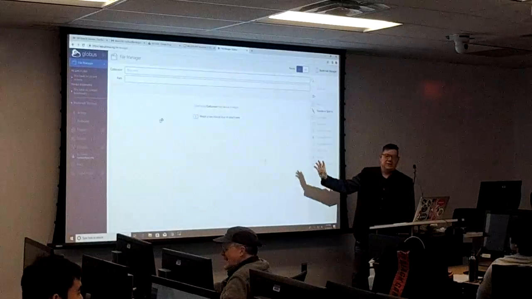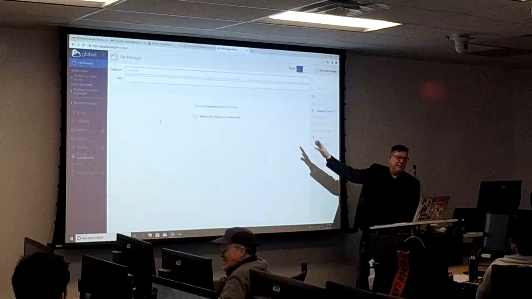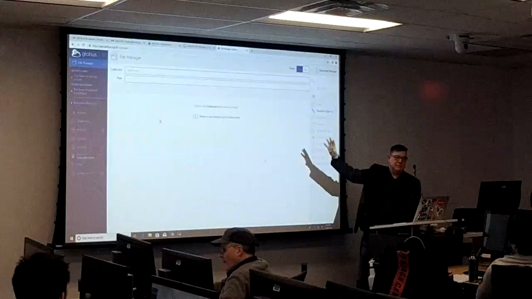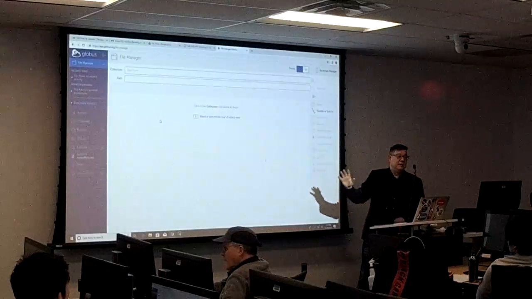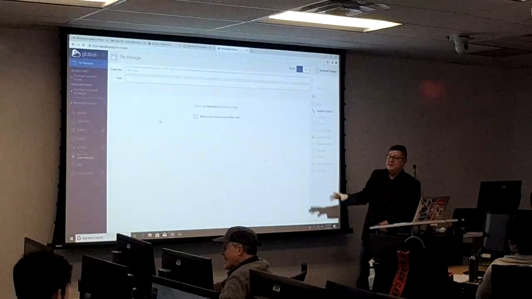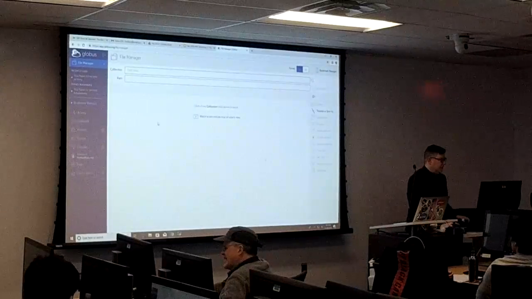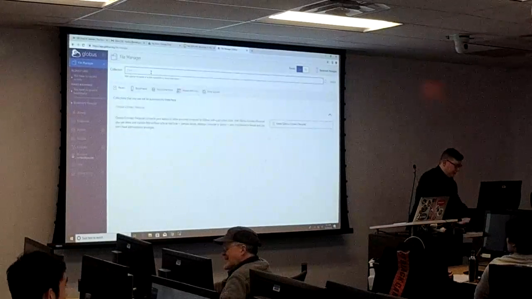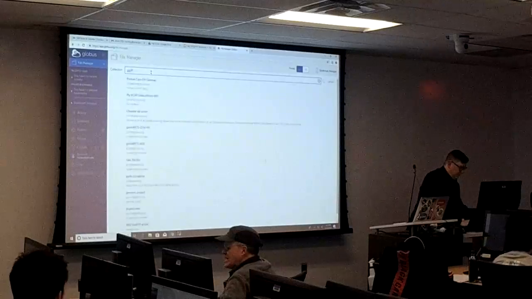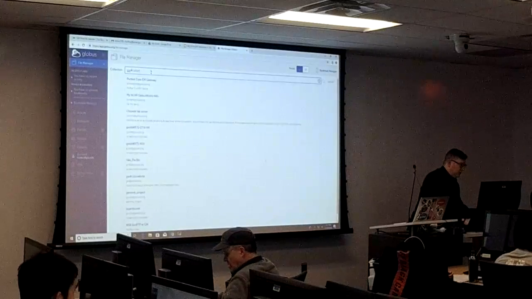All right, so we are in Globus. This is the file manager for Globus. Think of Globus as like a web-based FTP client, anybody that's used FileZilla or anything else. The trick with Globus is we already have an endpoint for Colonial One. So if everybody types on collection, you type GW # Colonial One,